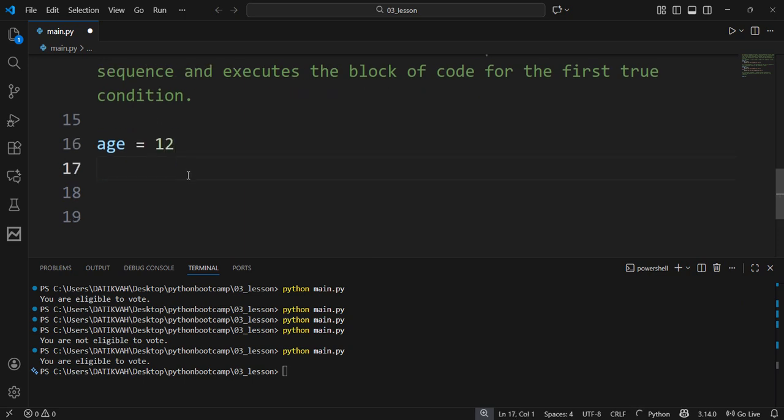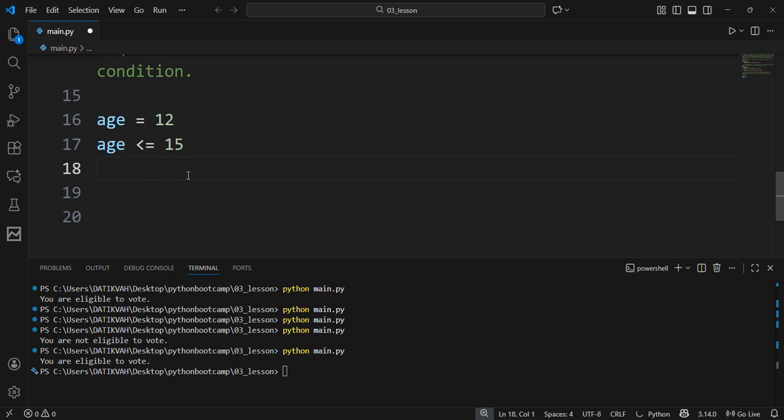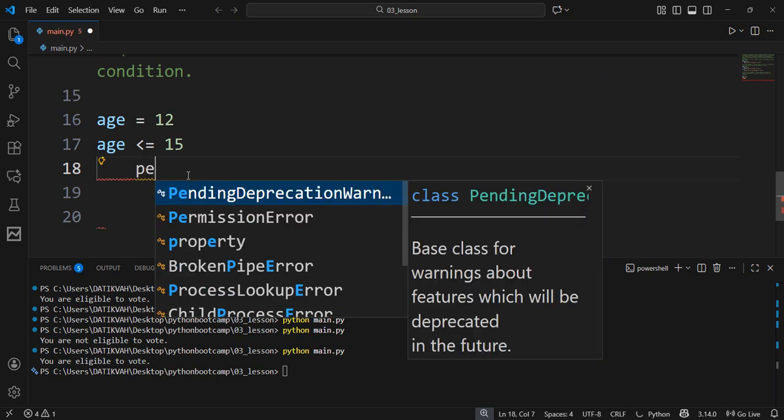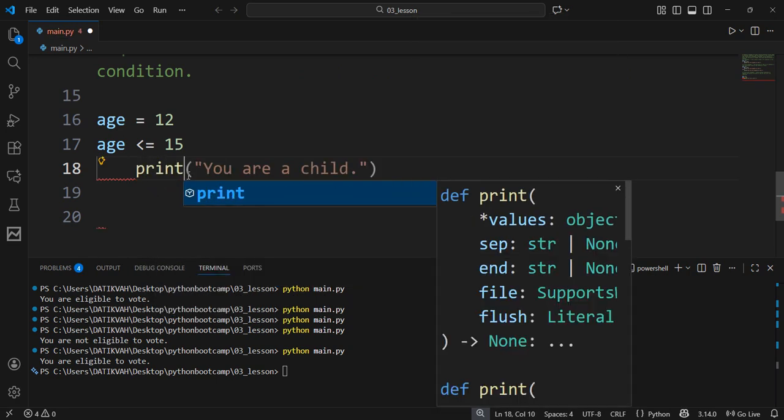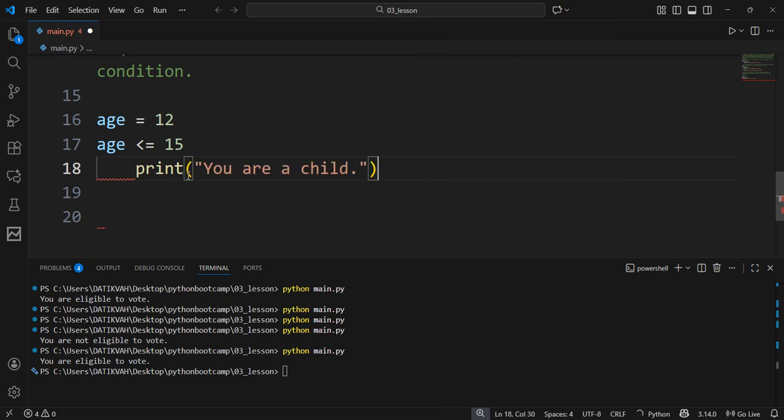All right. So we want to declare that when age is less than or equal to 15, we want to print you are a child, or elif, sorry,